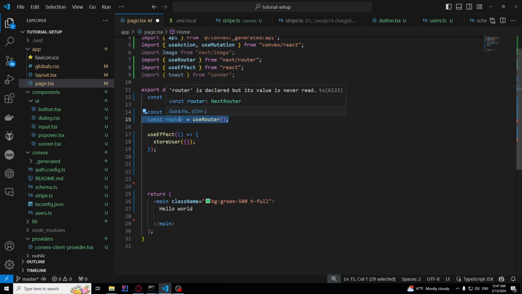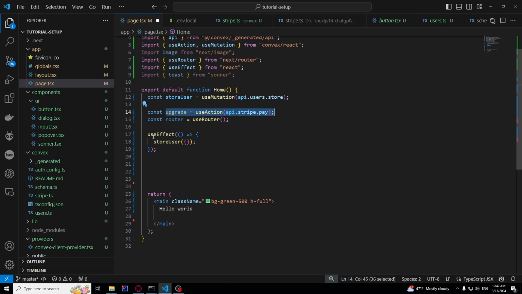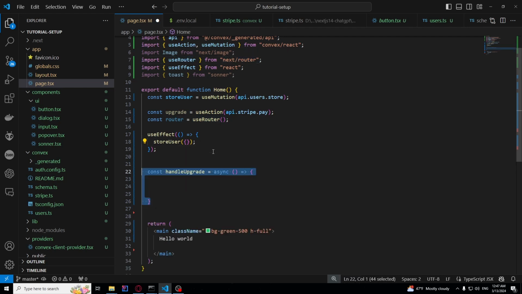Then we also need router. What this will do is we will get the URL for the checkout and then use router to redirect the user to the URL. Import router from next/navigation. You see, this is an error. I'm gonna fix this error soon. After that,